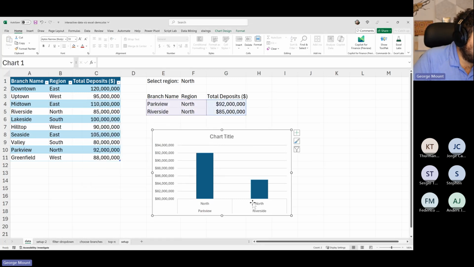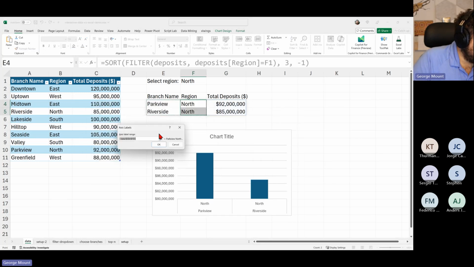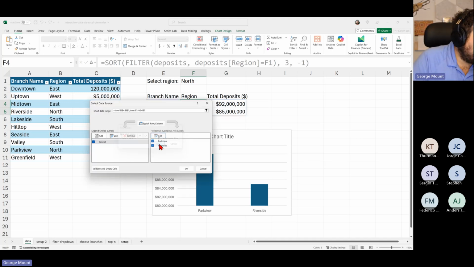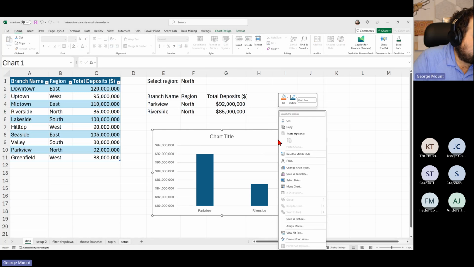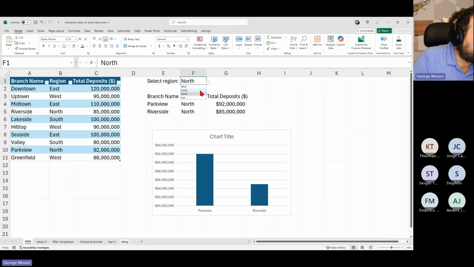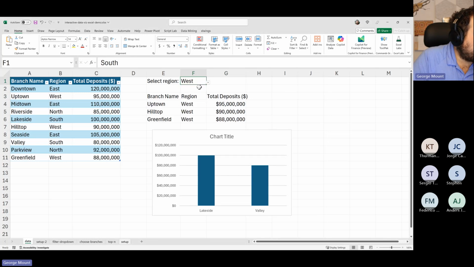So again, let's just try to get rid of these labels because we don't really need them. Edit, and where it says E4 through F5, let's make that E4 through E5. Okay. And now that should get rid of them. So you'll see now when we select data, right, it's not including the region. Okay. So that's just a little bit more